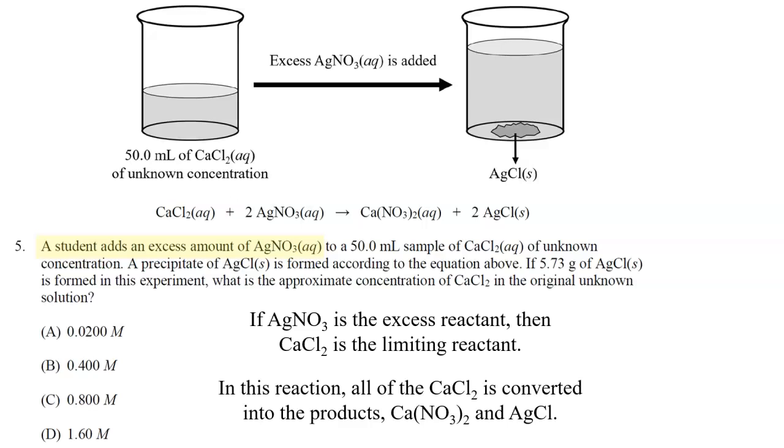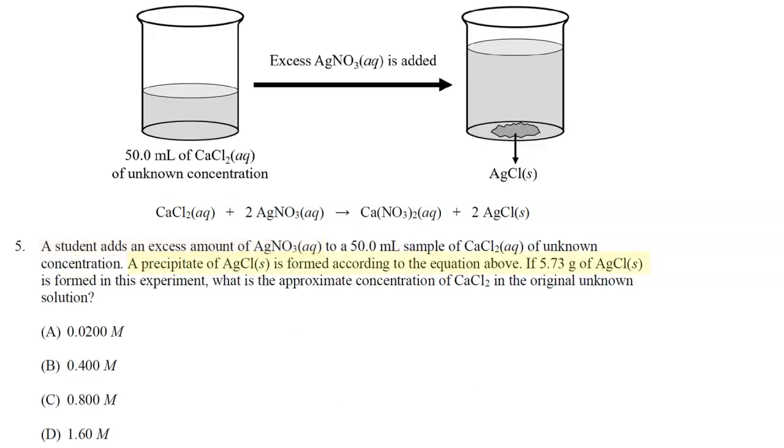So in this reaction, all of the calcium chloride is converted into the products, which are aqueous calcium nitrate and solid silver chloride. So we know that a precipitate of solid silver chloride is formed, and we know the mass is 5.73 grams. So a good first step in this problem is to take 5.73 grams of silver chloride and